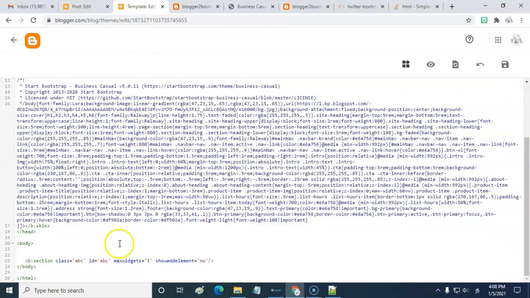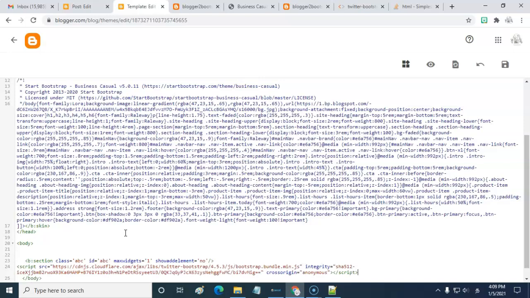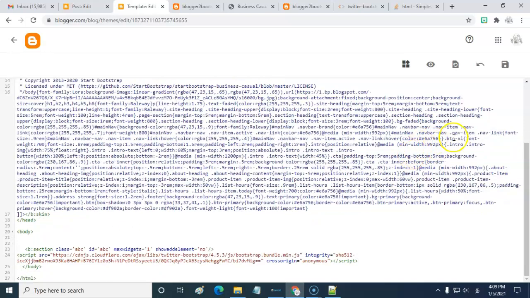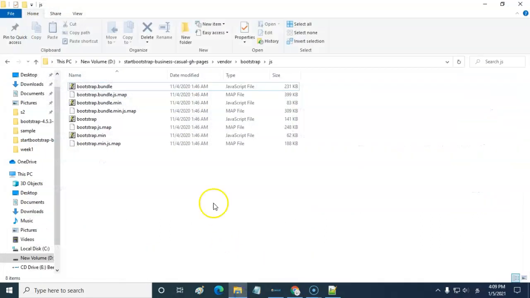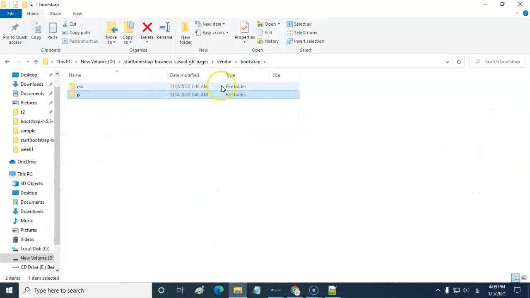We have to paste the JavaScript code just above the closing body tag. Click Save. So we have added CSS and JavaScript.